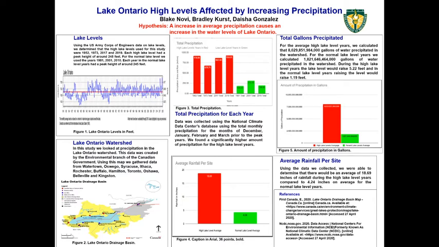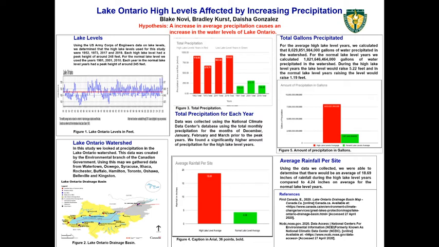about 24,000 square miles, that with this amount of precipitation, there would have precipitated 8 trillion, 29 billion, 851,984,000 gallons of water for the high lake level years. We then calculated that if all the water in the drainage basin reached the lake, it would raise the lake about 5.22 feet.